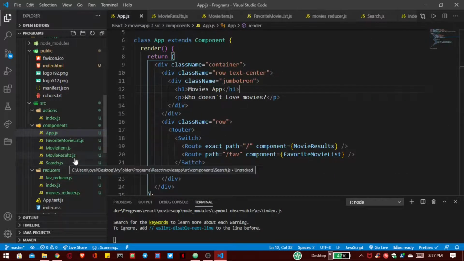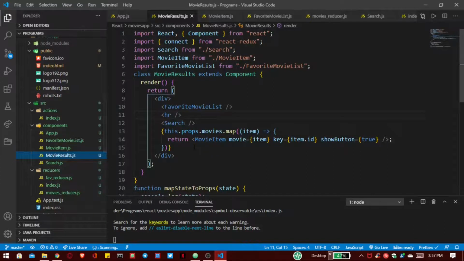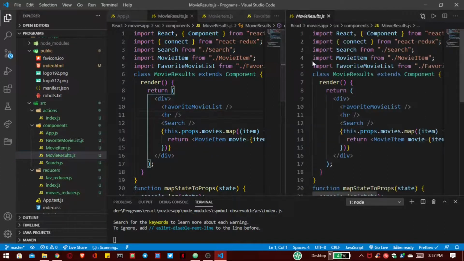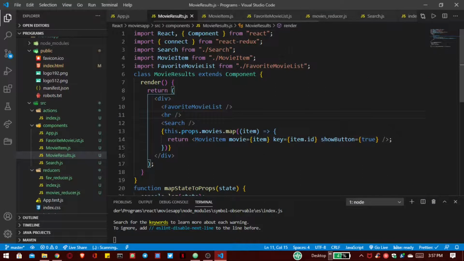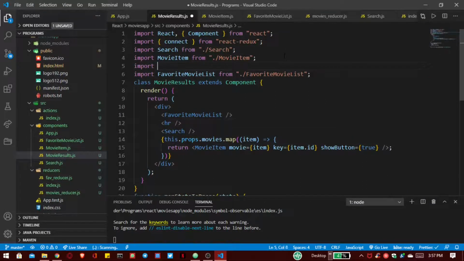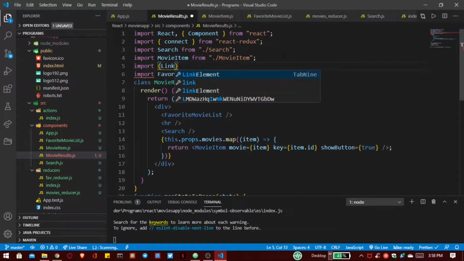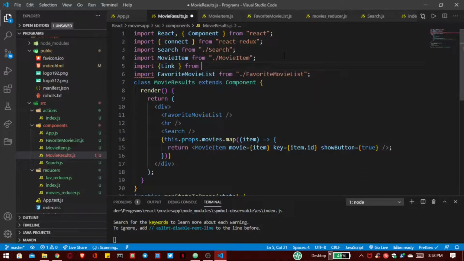Now go inside this movie results.js, and here we have to import the link. So import link from React Router DOM, and for this we have to apply our link.